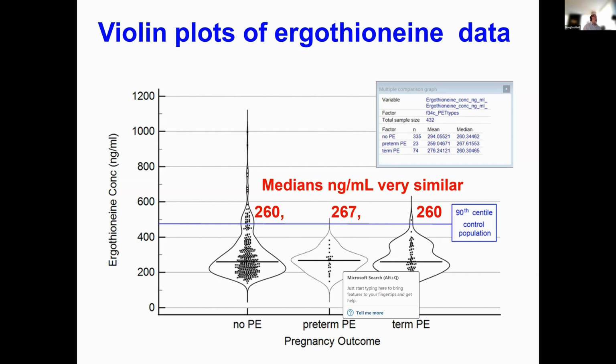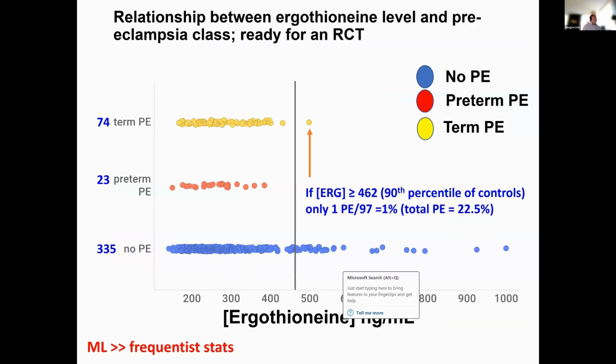But if you ask a different question, this is the classical frequentist statistics beloved of people wrongly, and we want the Bayesian or machine learning approach that asks a direct question. If I take the 90th percentile and ask what is the relationship between whether or not people got preeclampsia, if their ergothioneine was above the 90th percentile, what I find, same data just plotted in a different way, is that only one person out of the huge cohort got term preeclampsia, no preterms. And so the odds ratio, if your